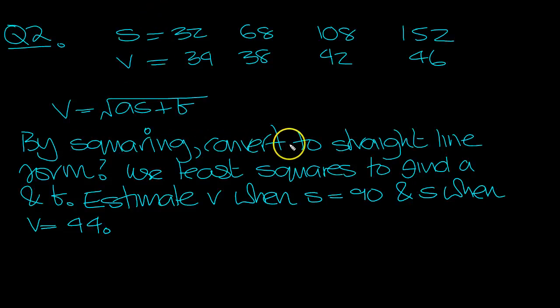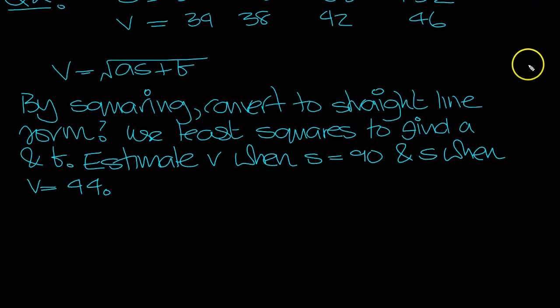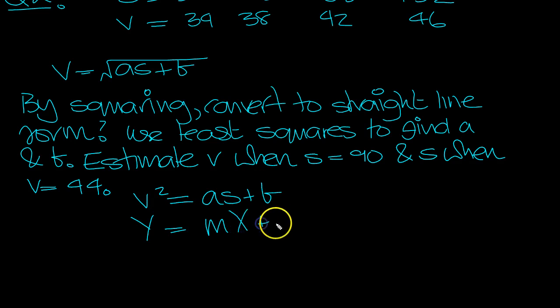So by squaring, convert to straight line form this formula here, and use the least squares curve fit to find a and b. So let's square then. So v squared, and square a square root, you just get what's inside, as plus b. Compare that with y equals mx plus c then, and we see that y has to be the v squareds,